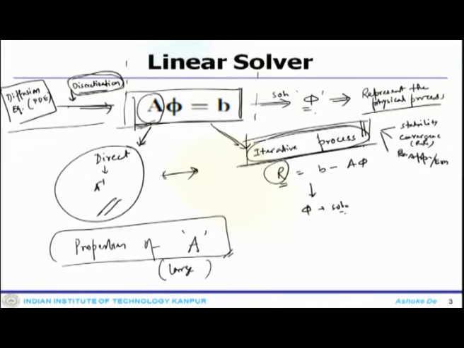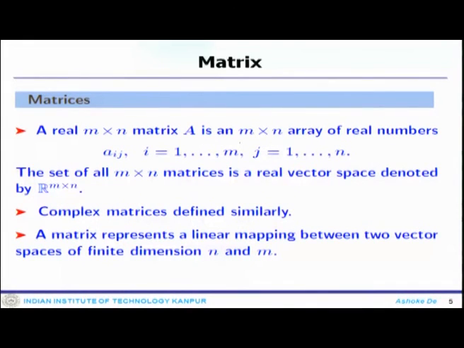So, with that objective in mind we will look at some properties of these matrices. Essentially what we are talking about here is this large matrix A. That is our point of concern. It is a real matrix because it cannot be imaginary, otherwise you cannot have a solution. So, that is the first information that you have: it is a real matrix, and in a generic sense you could say it is an m by n system.